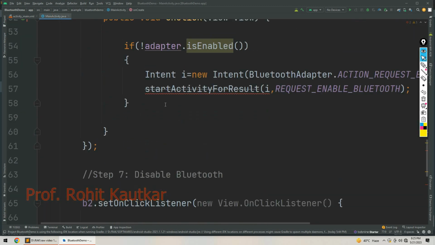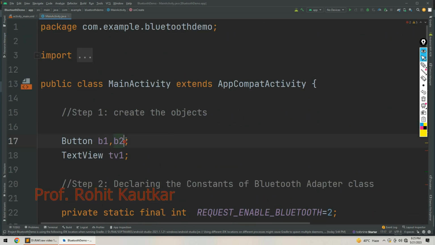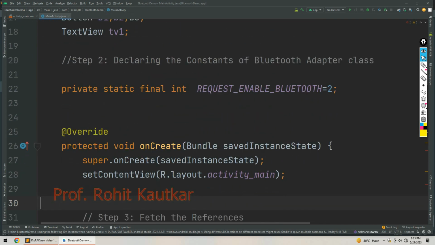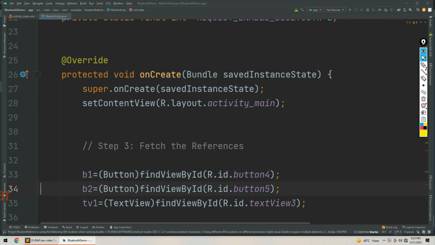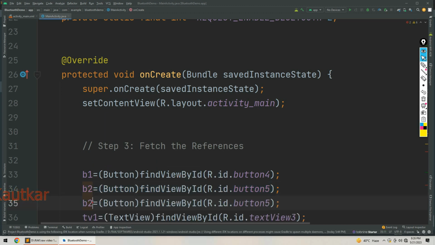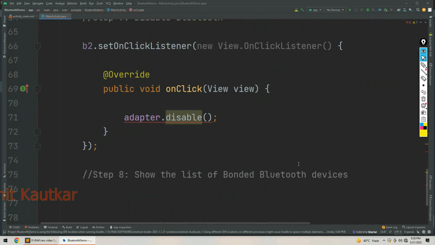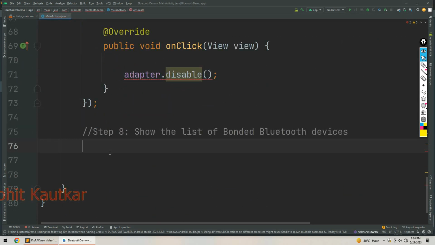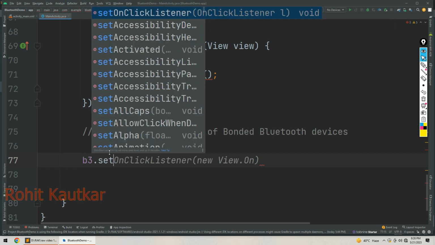So quickly I need to create the object b3, then I need to paste the reference. So I will copy this, paste b3 button 6, and now here on click of b3 we will write the logic. So on click